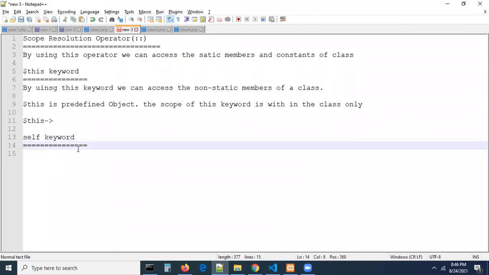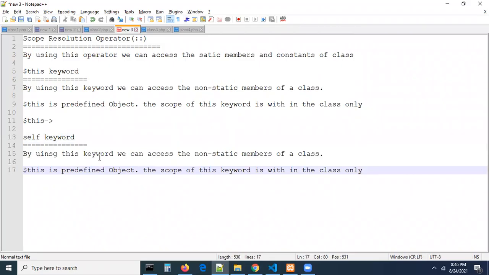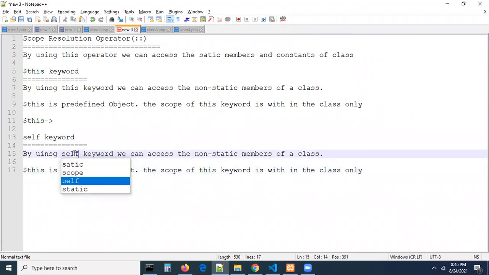Or you can write the point here. By using the self keyword, we can access the static members of a class only. Okay, now,